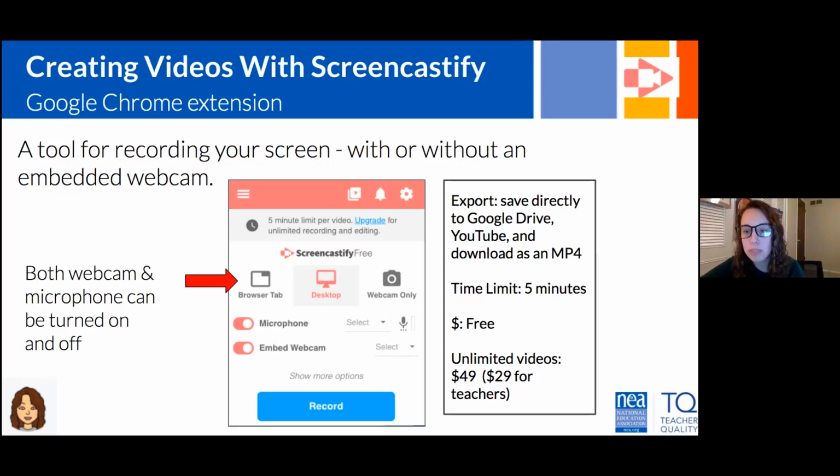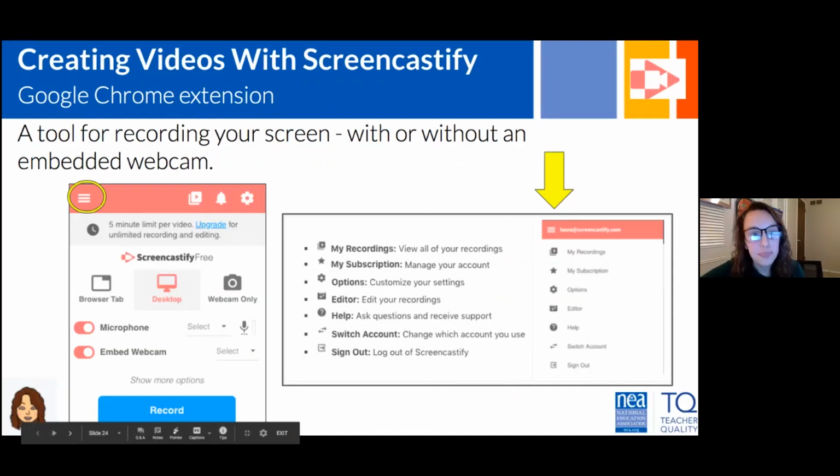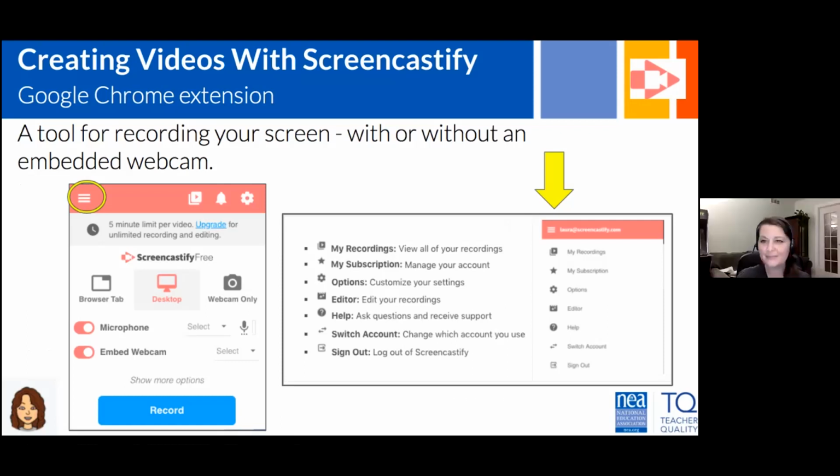I recorded poems the other day and sent them on to Kelly using this tool. So I did use it just the other day. And you can do a $29 paid unlimited videos for teachers, but I have not found the need to do it. I just use the free version. All right, and there is a Google Chrome extension. That's the best part as well. I believe all three that we're talking about, Kelly, have Google Chrome extensions. So yep, just plugging that now.